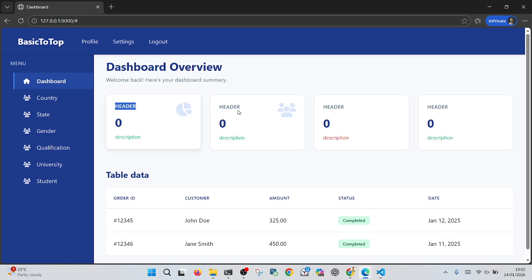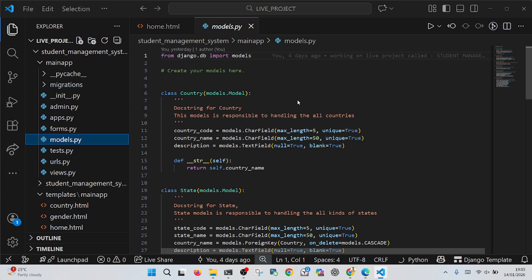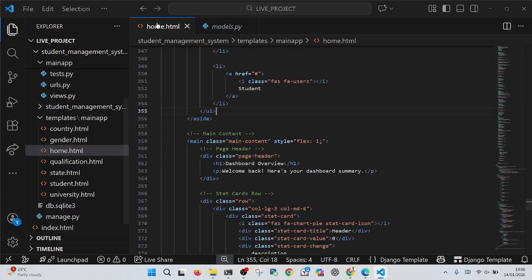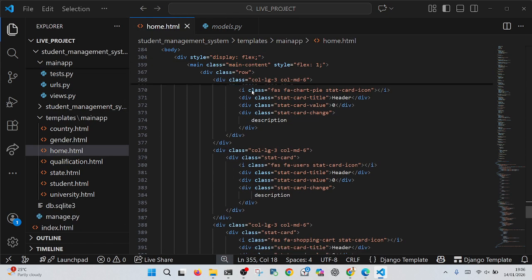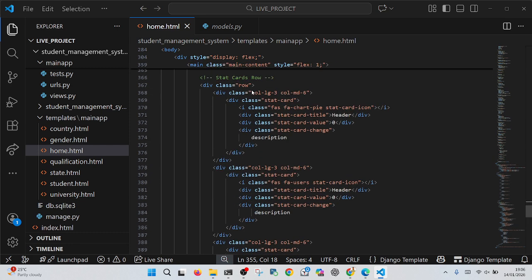I want to change this header, guys. Let's assume I want the total count of the country table, state table, and maybe I want the gender table and qualification table. So I will just add the count here, guys. Come into this section. Which section do we have to add it to, guys? Here. Just add country,